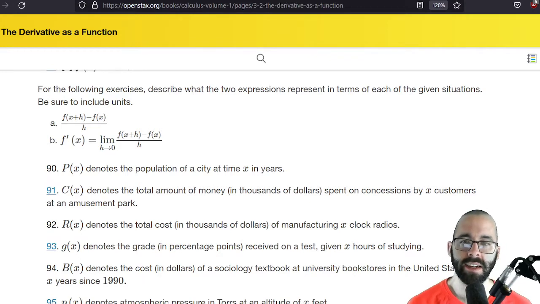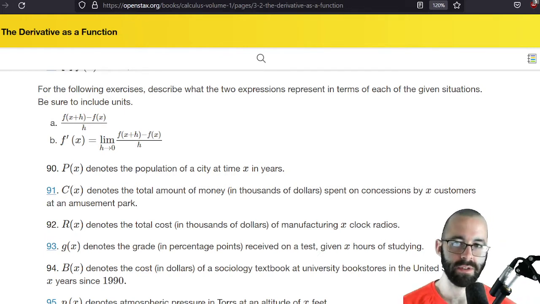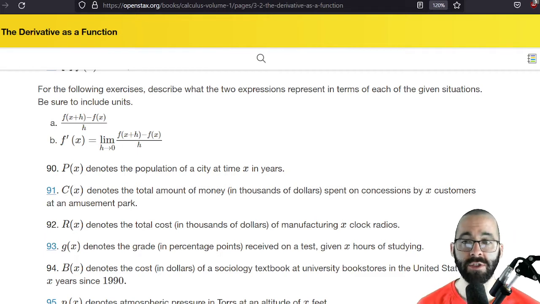says, for the following exercises, describe what the two expressions represent in terms of each of the given situations. Don't forget your units. So the first one is a difference quotient. It's an average rate of change for all of these. That's the answer for all of these. Right? That's the average rate of change between some value x and some value that is h more